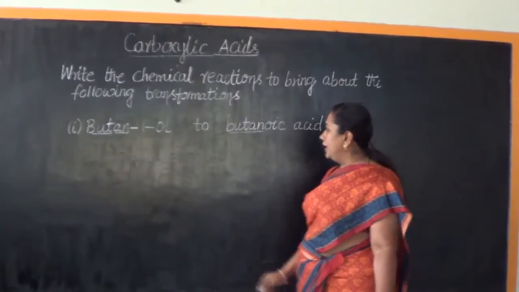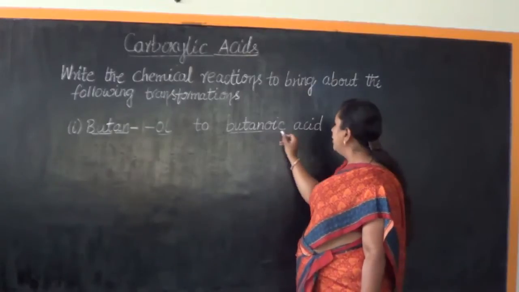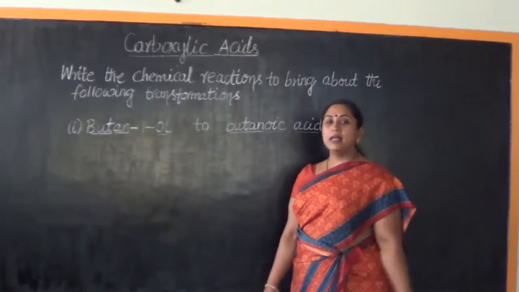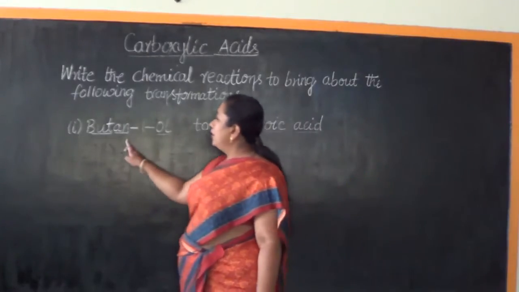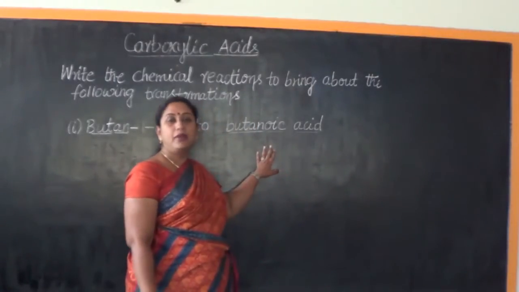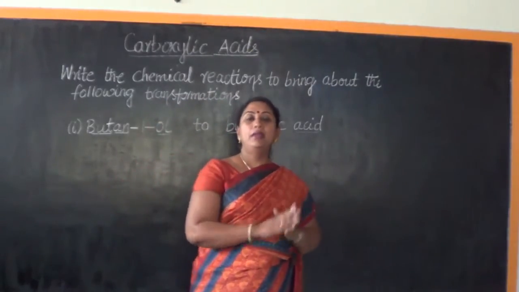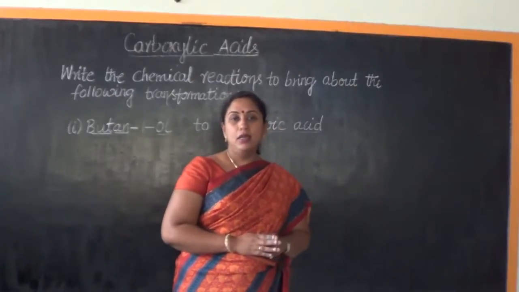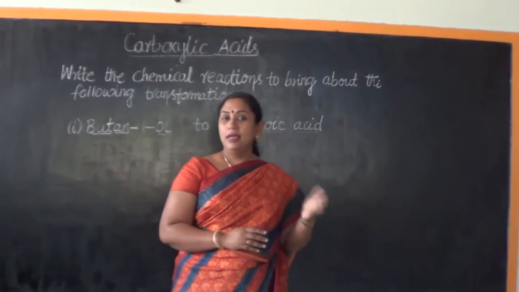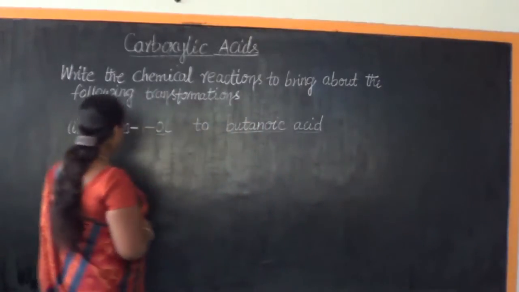What we need to do is the alcohol OH has to be converted into OIC acid. That means into COOH, that is the carboxylic acid. So butan-1-ol is a primary alcohol, and it has to be converted into the corresponding carboxylic acid. So what is the best method for us to convert a primary alcohol into a carboxylic acid? If you have learnt the previous videos, you will be in a correct position to answer this question. Yes, we have to carry out the process of oxidation. It's a simple oxidation process.